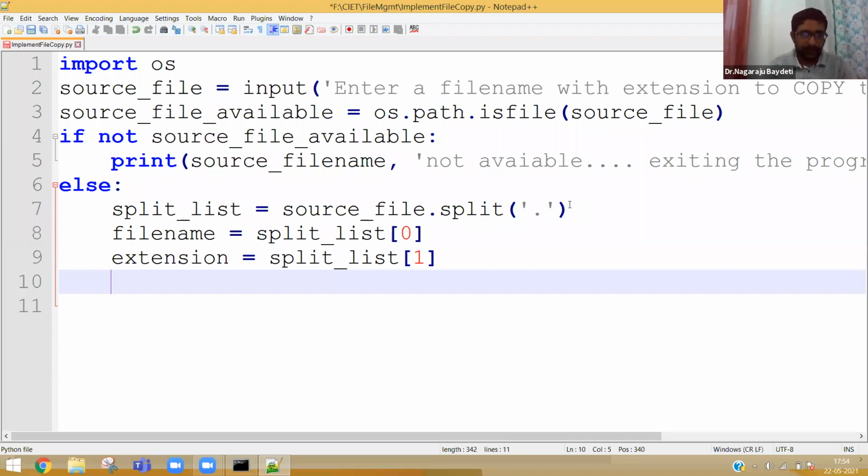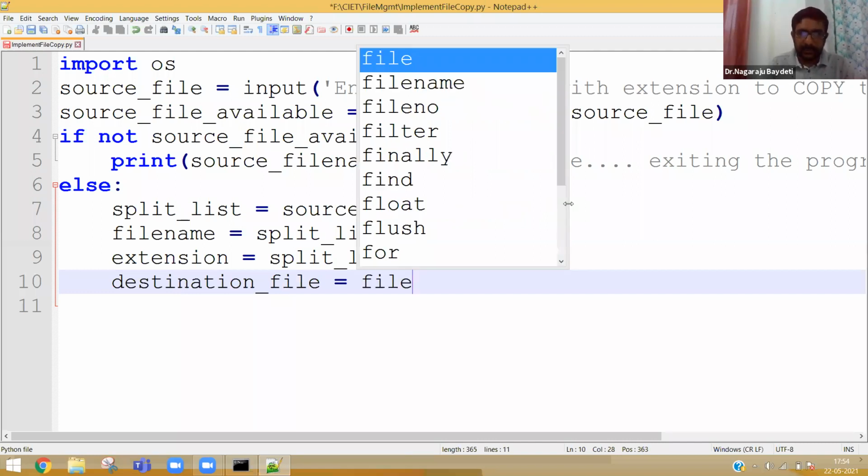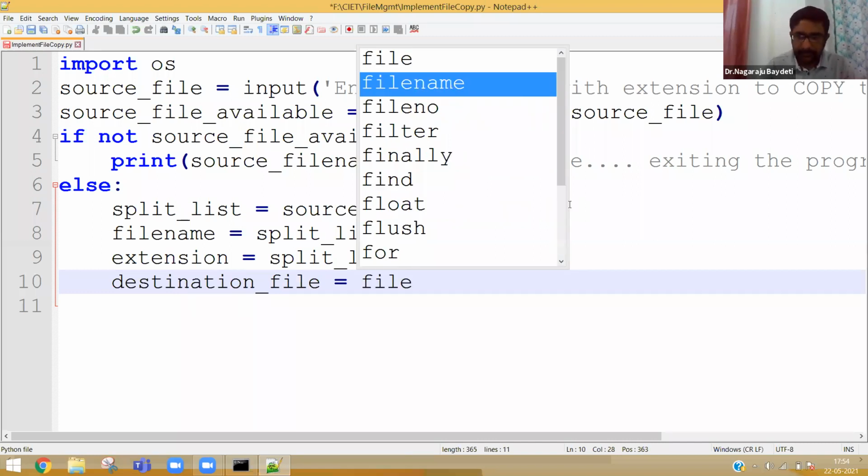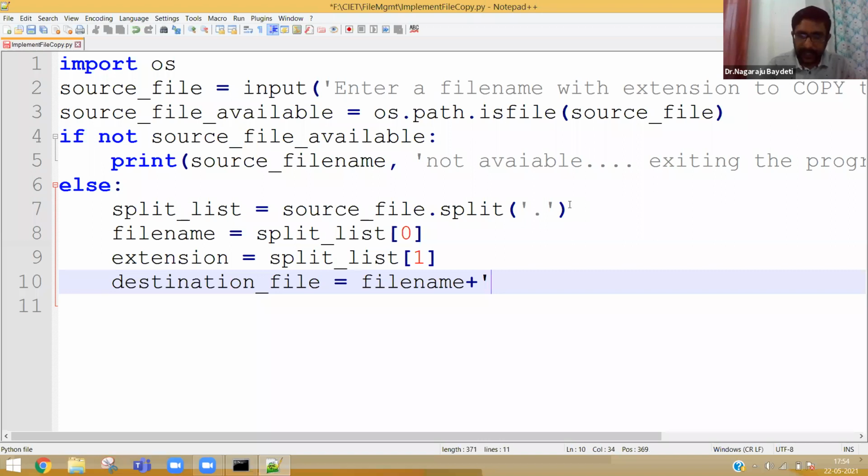Now we need to form the destination file. The name of the file is equal to, everybody see here, file name. After that, there needs to be something like this, a string: space, hyphen, space, copy. This is exactly what Windows is giving.